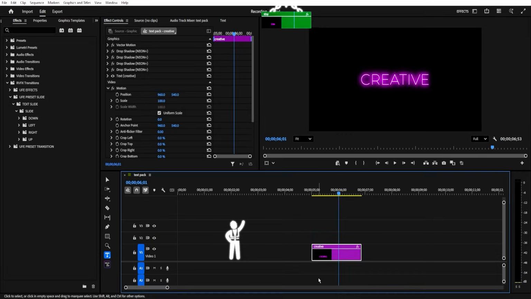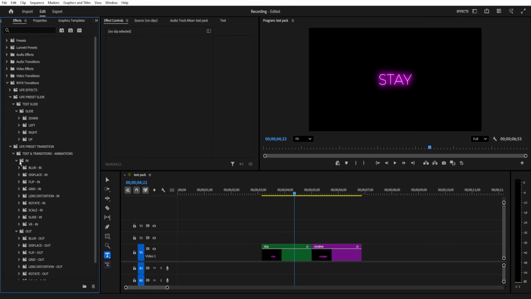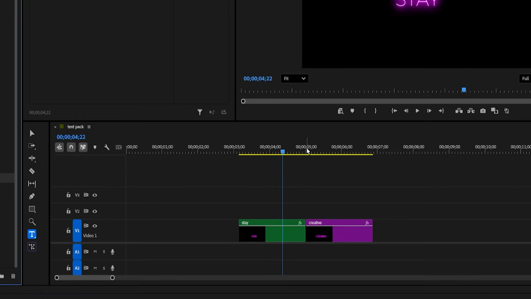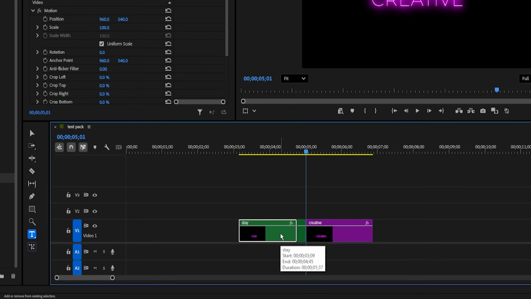And there is more. Now let's say you have 2 text layers and you need a transition. I'm giving you 100 transitions to level up your edit. Each one comes with in and out. Go between the 2 texts, move 5 to 15 frames, make a cut, then repeat the same thing for the